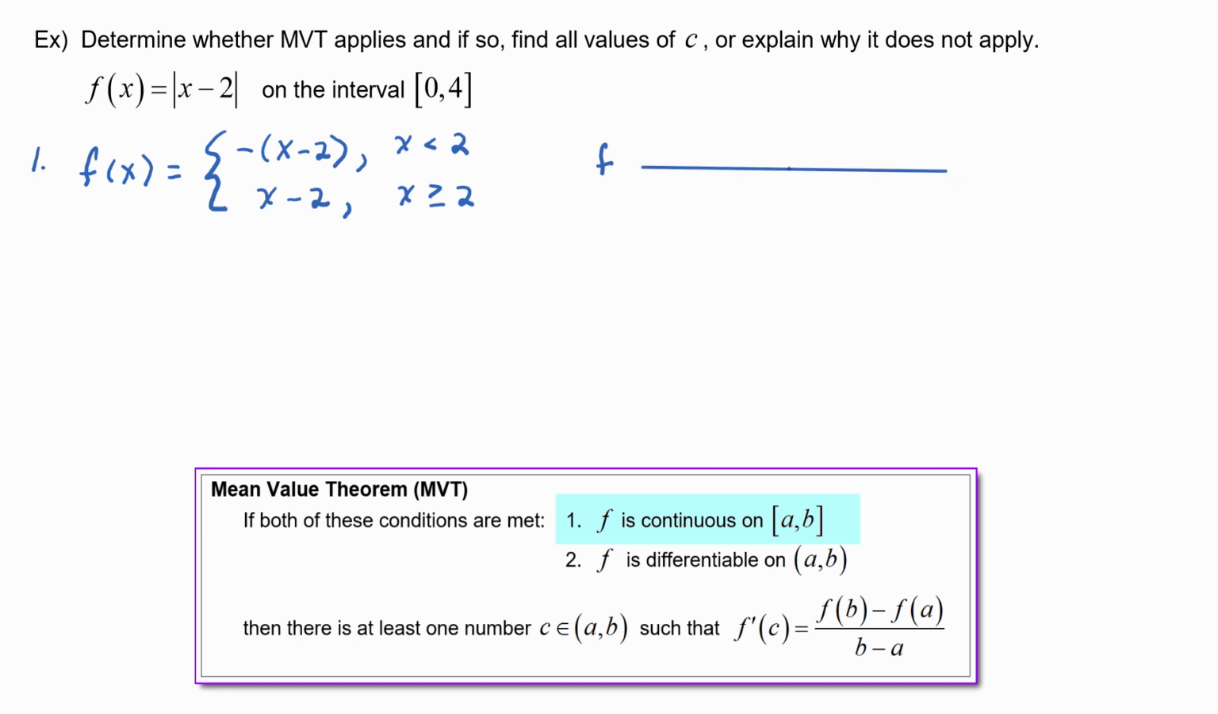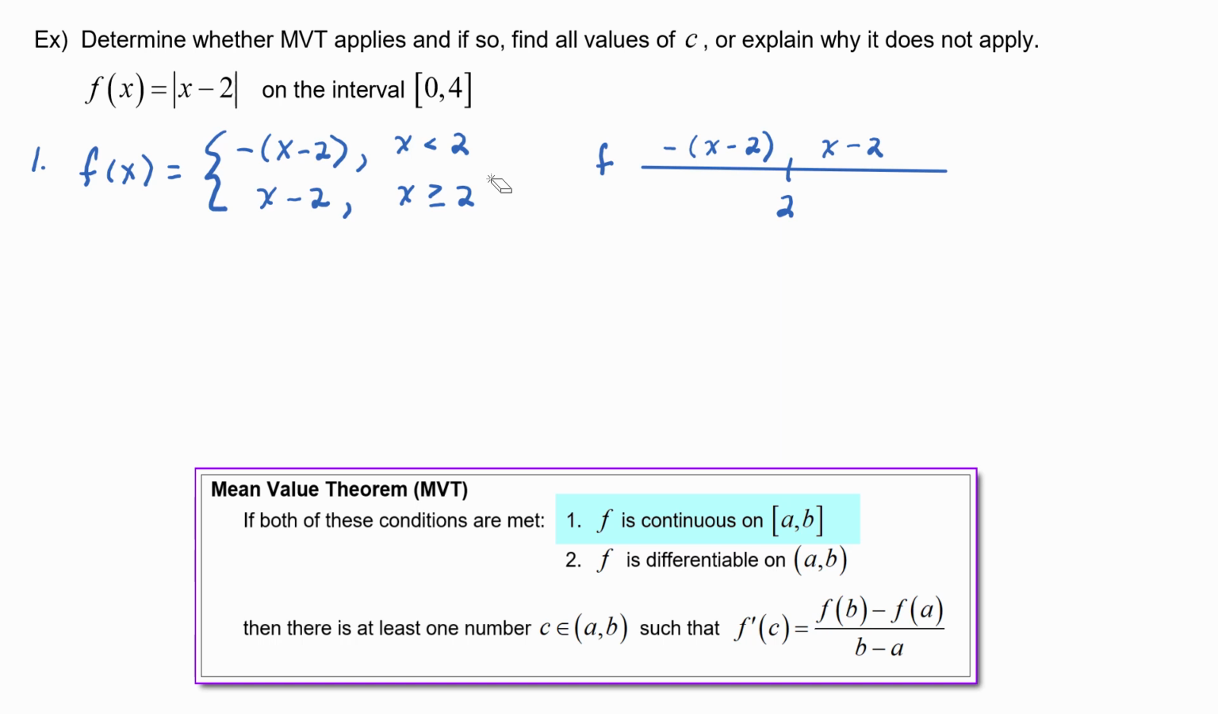The changeover point is at x equals 2, and when we are coming in from the left of 2, we have to use the negative of the quantity x minus 2, and when we are coming in from the right of 2, f of x is x minus 2. We can plug in all of the values that are less than 2 into the top definition, and all of the values that are 2 and bigger into the bottom definition, so there are no values of x for which